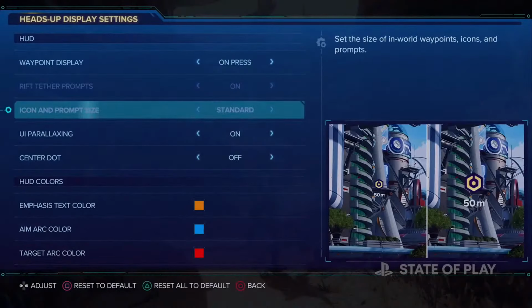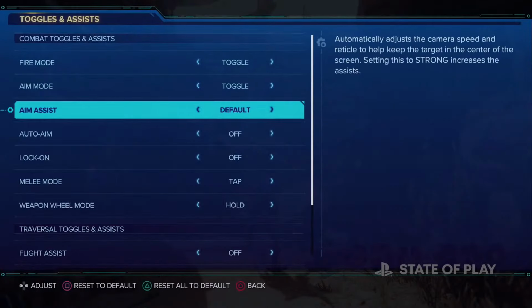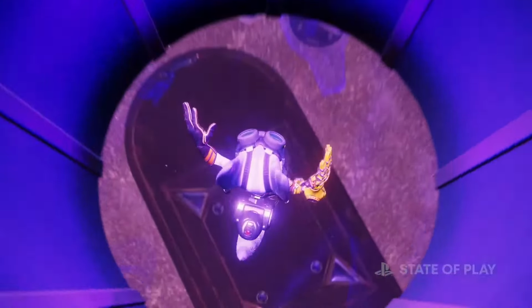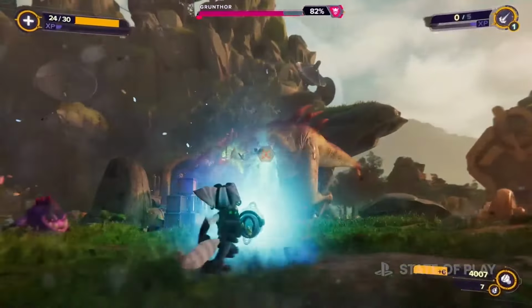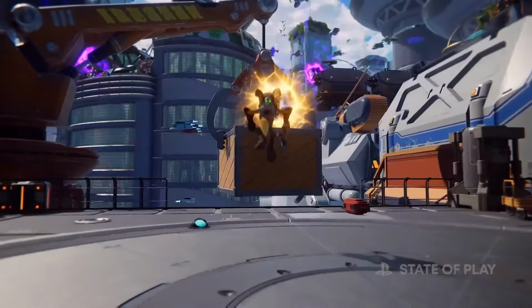And giving more people access to playing our games is always important to us. As such, Rift Apart will offer a slew of accessibility options. We'll reveal more about this soon. Experience Rift Apart's new planets, weapons, intense high-action combat, and near-instant load times, all with some of the best visuals we've ever created. How about that,